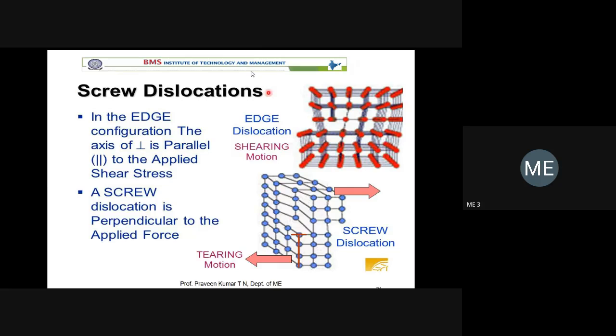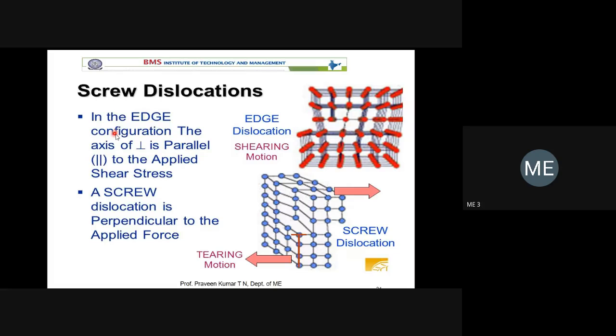So now this is the edge. This is edge dislocation. There is one extra plane of atoms. You can see here, this is one extra plane of atoms in the case of edge dislocation. In the screw dislocation, only some corner of your grain is rotated. It is moved. There is an angular movement for a small portion of the crystal. In simple words, there is an angular motion for a small portion of the crystal. Don't say materials or workpiece or metals. You have to refer with respect to the crystal.